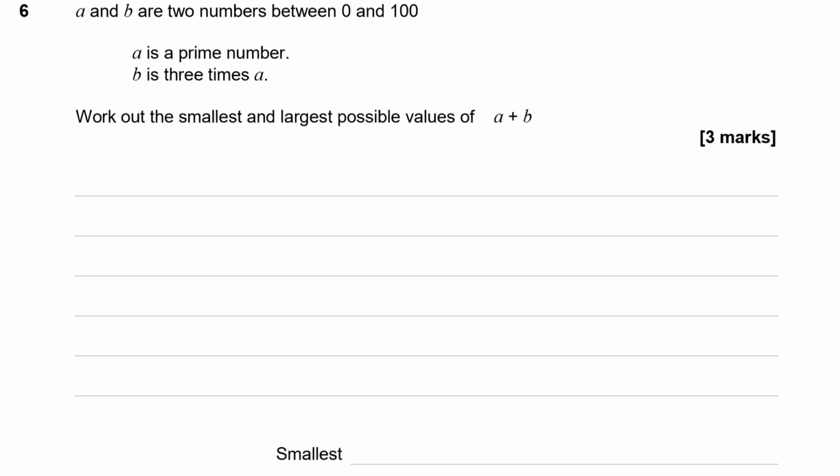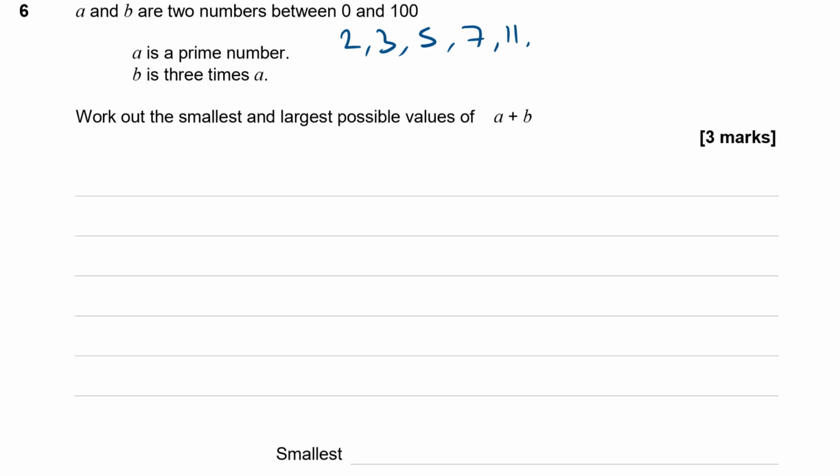A is a prime number, so I could start listing the primes like we did earlier. 2, 3, 5, 7, 11. Where would we stop? If you think about it, A is a prime number and B is 3 times A. So B has got to be between 0 and 100, just like A does. So if I take 100 and divide it by 3, that's about 33 and a bit, isn't it? So my value of A has got to be no bigger than 33. So I'm just going to list all the primes up to, but not over 33, because 34 times 3